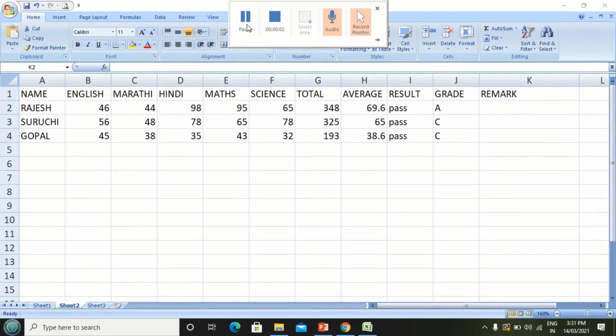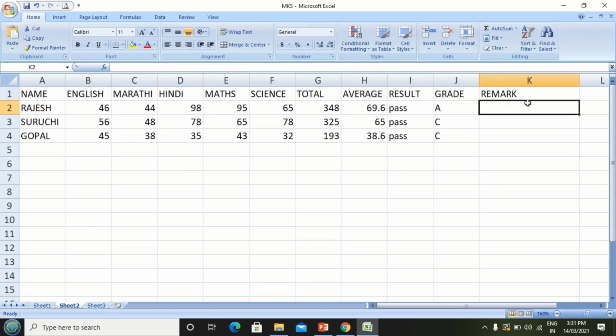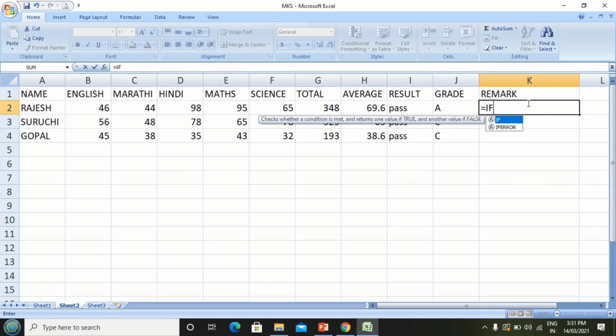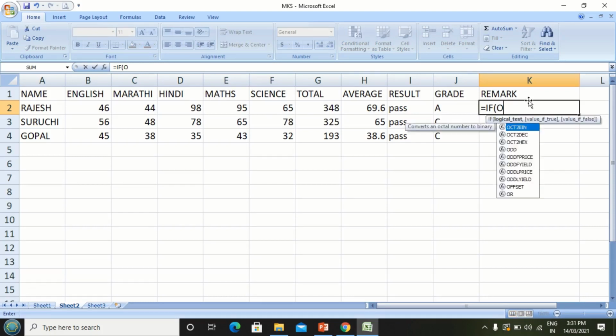Students, let's calculate the remark here using the OR function. Here I am going to enter the formula. Equal to IF, open bracket, OR, again open bracket, and put two conditions here.